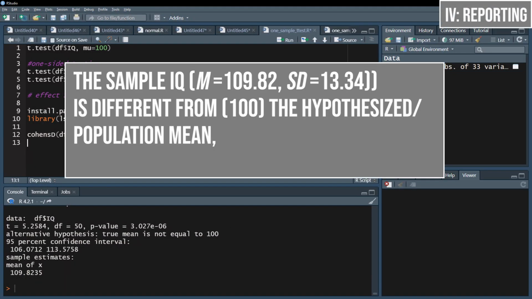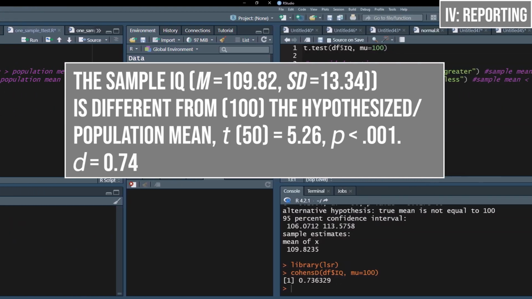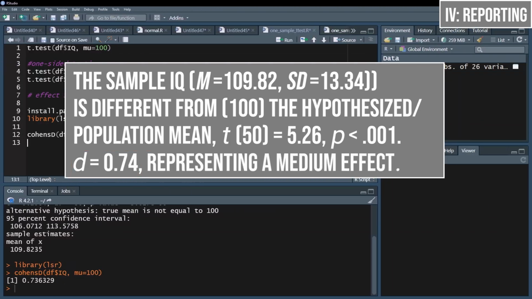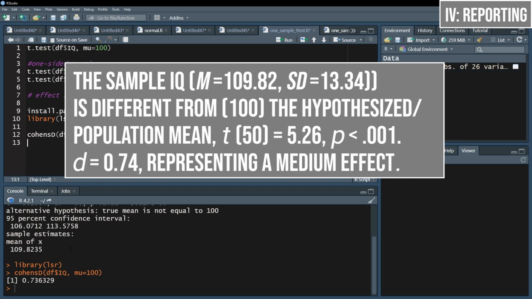When you're done, you have to write up the results. First, one formulates whether the sample mean is different from the hypothesized mean or population mean. For this purpose, the t-value is reported together with the degrees of freedom. In this test, the degrees of freedom is always the number of observations minus 1. This is followed by the p-value, and in the case of a significant difference, i.e. effect, also the calculated effect size Cohen's d. Finally, the magnitude of this effect is classified with, for example, Cohen 92 or the respective research field specific thresholds.